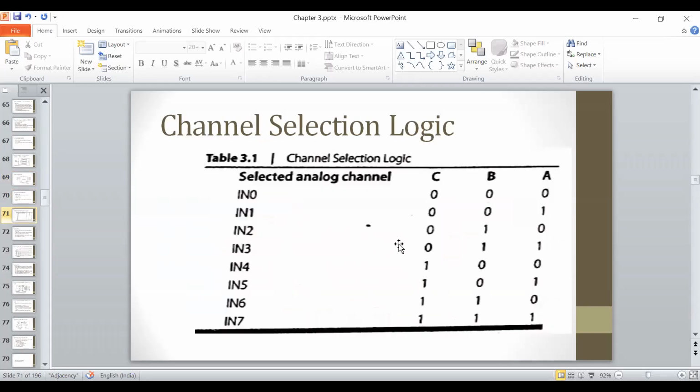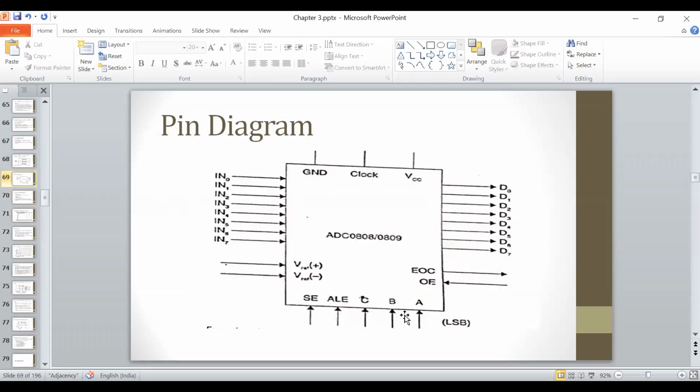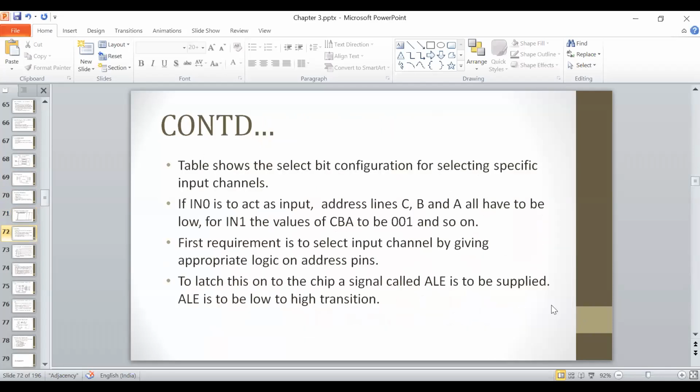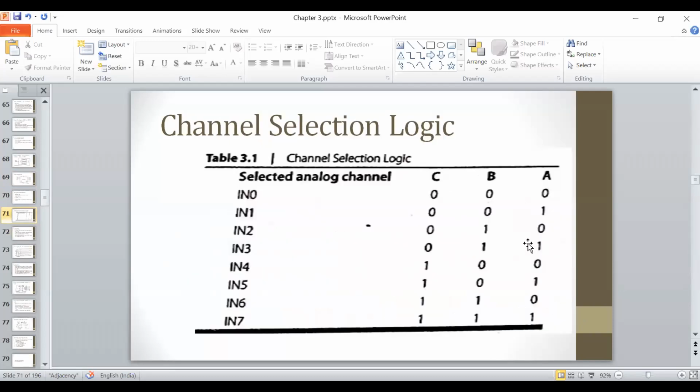Now here you can see the channel selection. It means out of the 8 analog input lines, if you have to select one of the lines, what address value you will provide on the ABC address pins that you can see here. तो ये जो ABC pins हैं, इन पे आप क्या वैल्यू प्रोवाइड करोगे जिससे कि आप वन ऑफ द इनपुट लाइन को सिलेक्ट कर सको। तो दिस इज दैट पर्टिकुलर कॉम्बिनेशन। इट्स वेरी इजी, इट्स जस्ट द बाइनरी फॉर्म। आप देख सकते हो 7 के लिए तीनों में 1 है, 6 के लिए 1 1 0, इट इज समथिंग लाइक दैट।